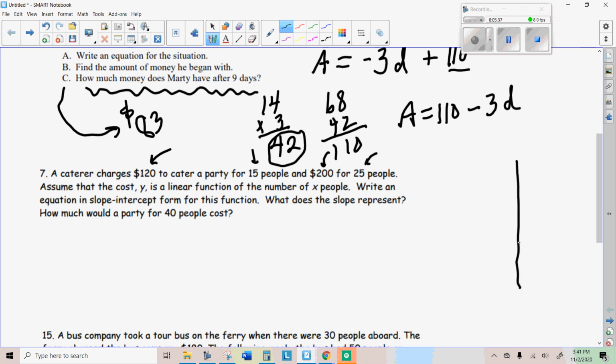Sometimes I like to just set it up into a chart here. So x is how many people. So when there's 15 people, it costs you 120. And when there's 25 people, it costs you 200. Now, what we can do is see if